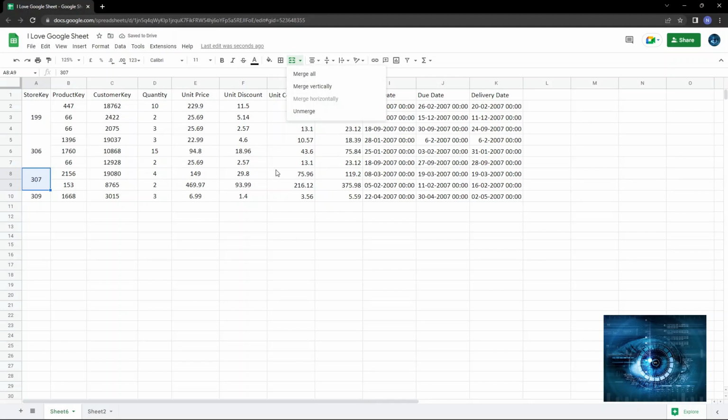Since we selected horizontally, it got merged according to the cells that we have selected. Now, we'll talk about merging and unmerging in a separate session, but right now, what we are looking for is